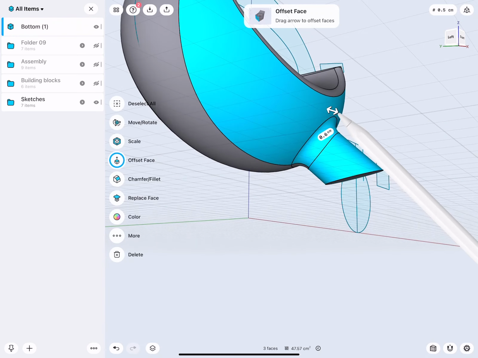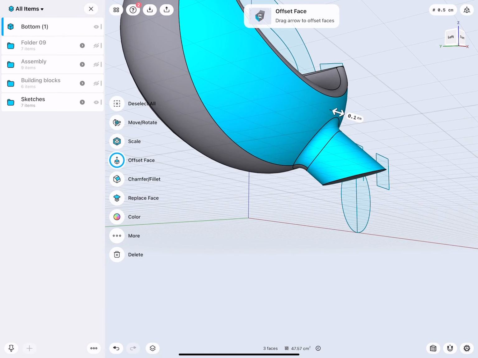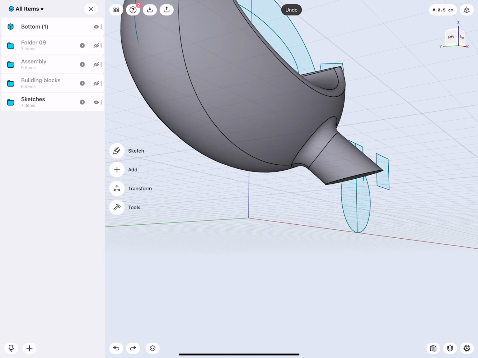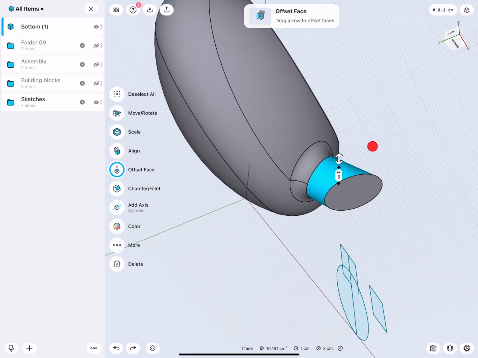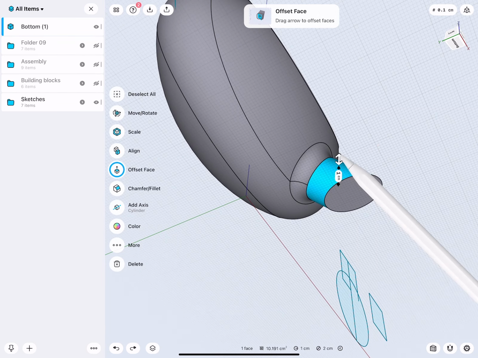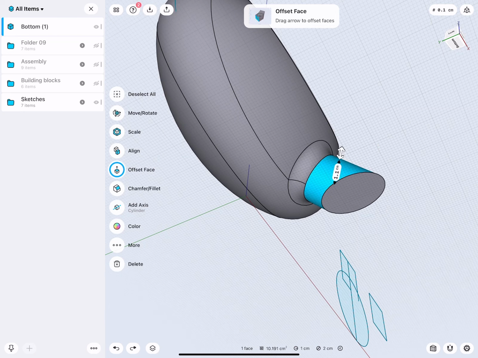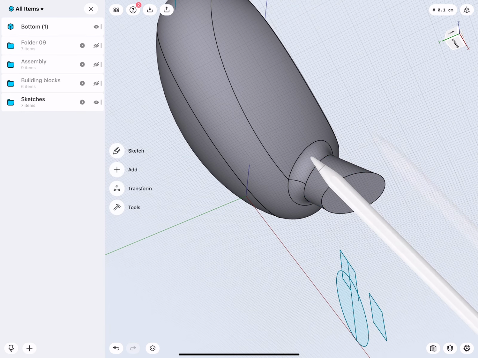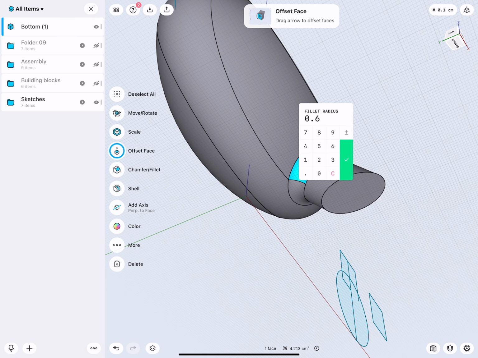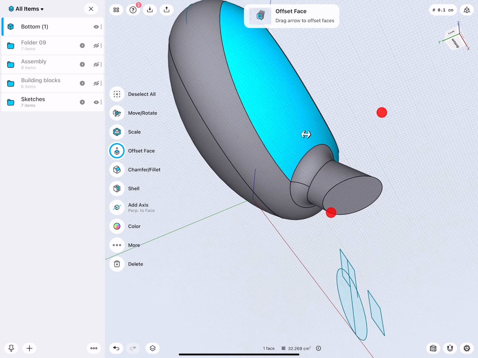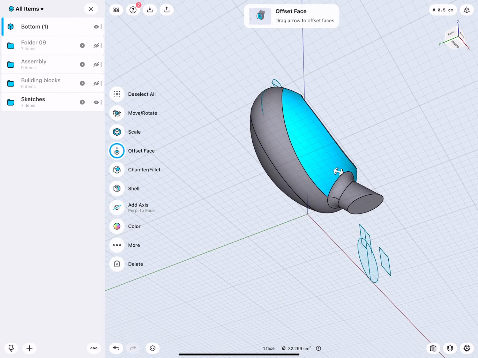Let's see, is this enough to expand? Yeah, 1.1, very good. So then this is 0.7. See how I'm making everything bigger.